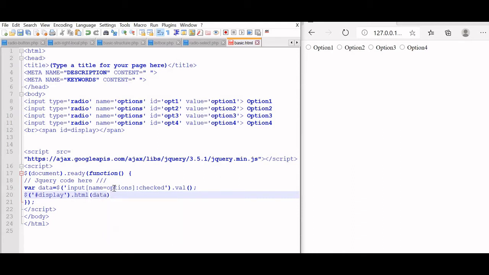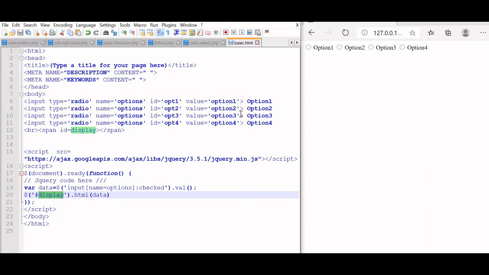Now you see the options are the names whatever we have taken for our radio buttons, and it is checked. Display is the display unit or display span we have used here.